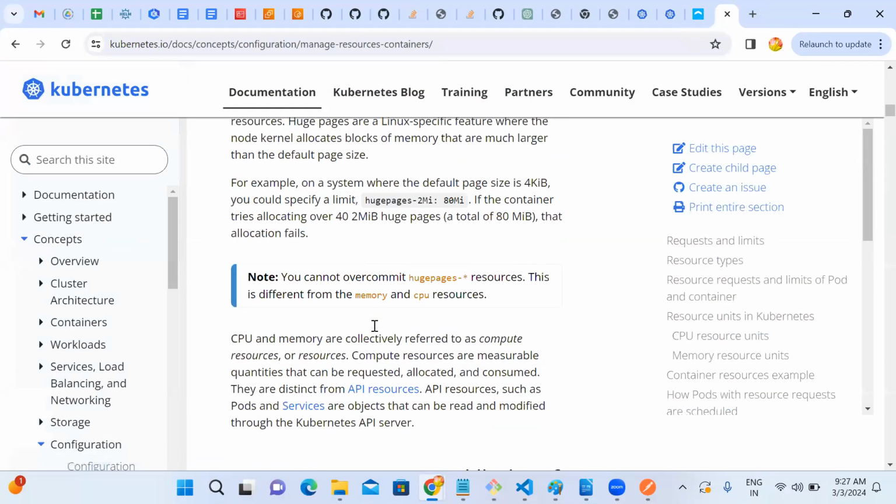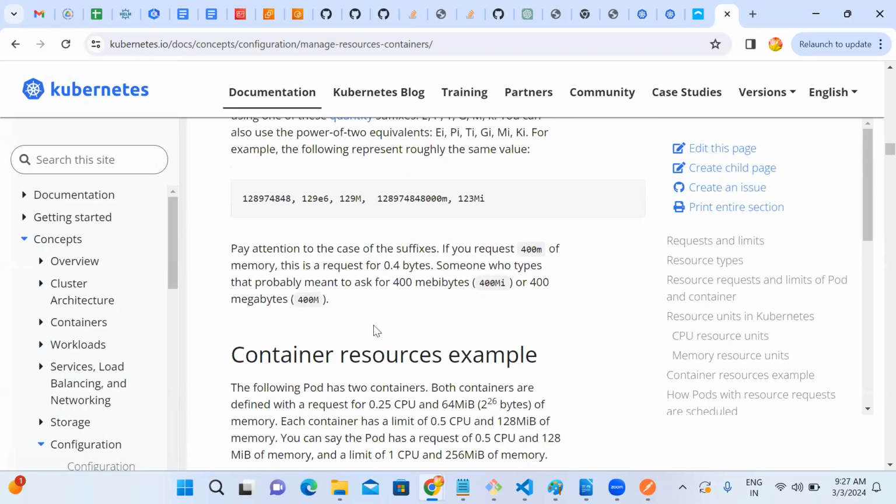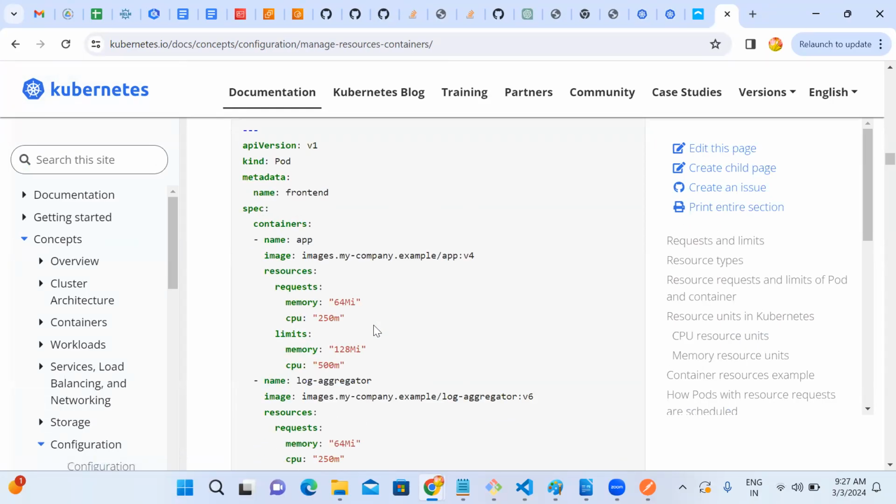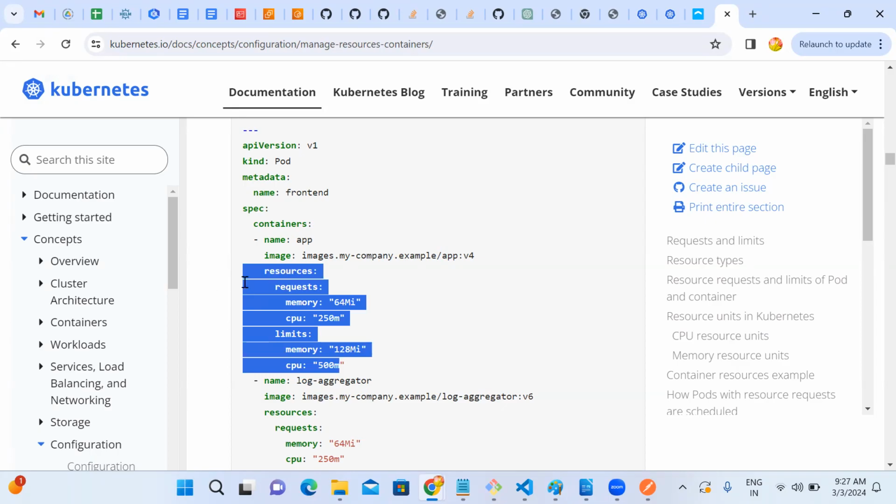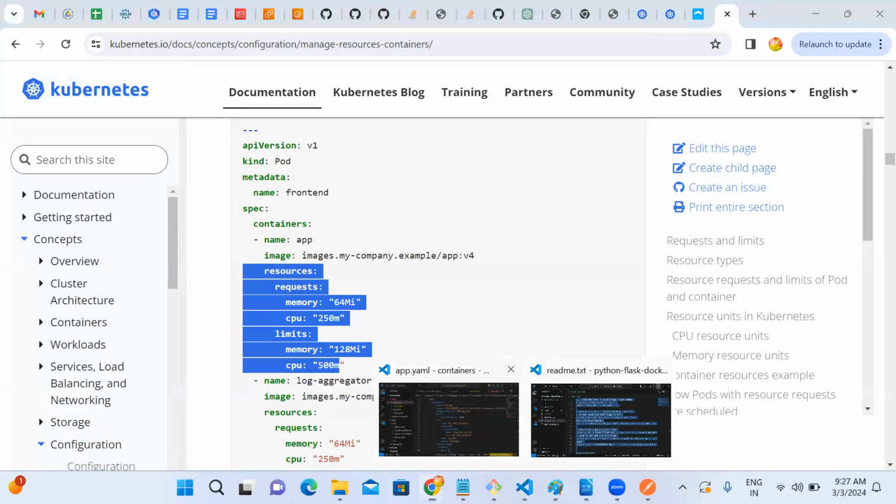So here you need to see where to put that section. Even I don't remember. I know these keywords, resources and all. I'll see the pattern, where this thing comes. Bring it as it is. Resources and all. You see, right? It is coming under images. Under image, you can put